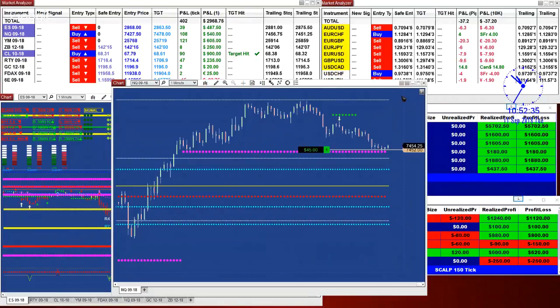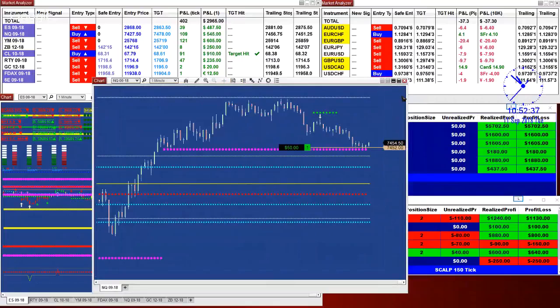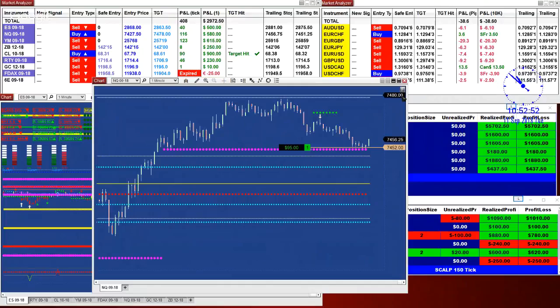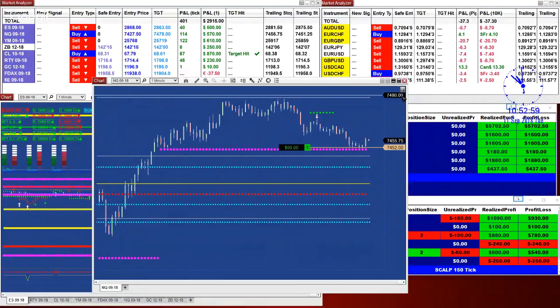I try to call one or two trades a day, but I don't want to sit down all day long and call the trades. The whole concept here is to teach you how this market behaves when there is a chop, when the market is not tradable. I like to show you this. I don't want it to be just a call and a trade, because then you're not going to get anything out of it.